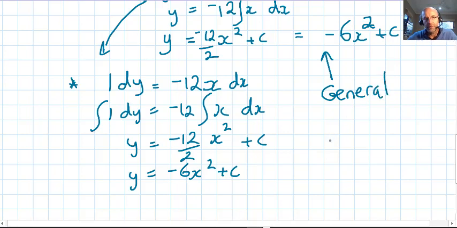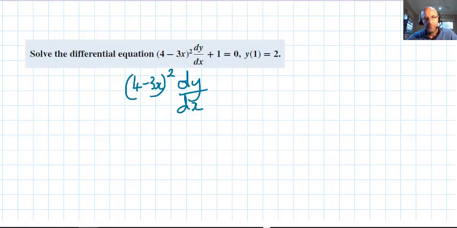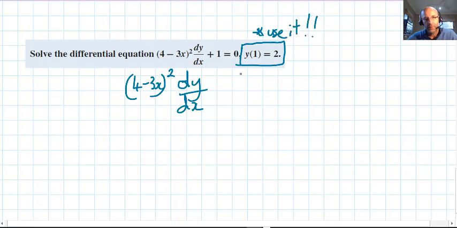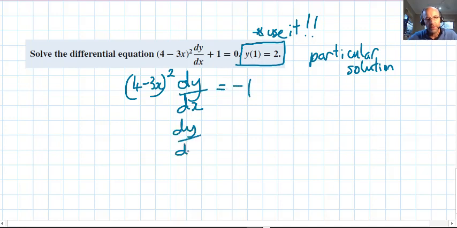Okay, there's a family of solutions. Let's look at one now for a particular solution. So for this one here, we know it's going to be a particular solution because we're given some extra information. Now that is really important. Almost always when you're given the extra information, you use it, okay, for a particular solution, which helps us with things like problem solving. So if they give you extra information, it's very, very likely that you're going to need to use it. So what we do to solve this one, we do the rearrangement, isolate dy dx,